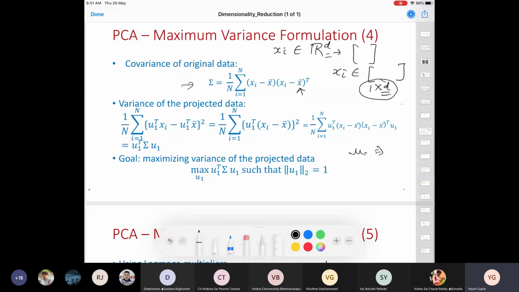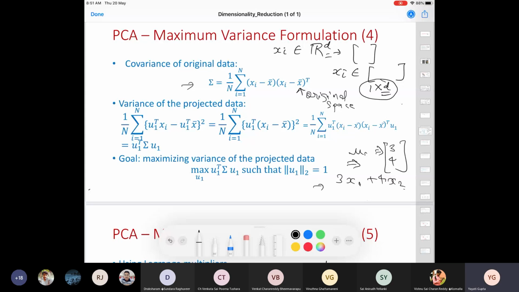So how do you compute the variance in this new projected space? This is the original space, along which you can compute the variance. Now, how to compute the variance in the projected data? That is what we are interested in. Let me call this u1 a vector with the entities, say, 3 and 4. So basically, this means that it has 3 components of x1 and 4 components of x2.